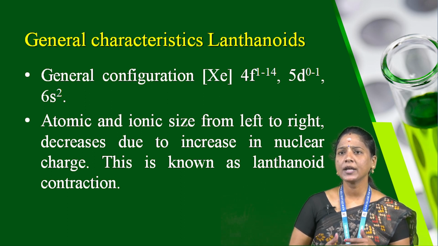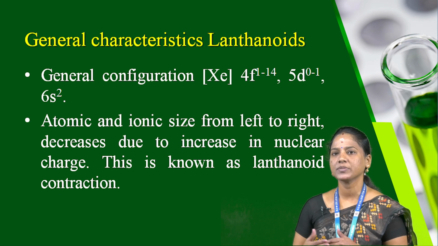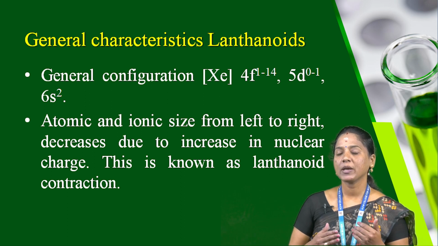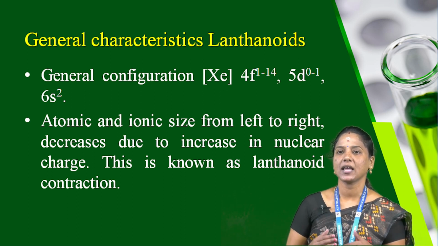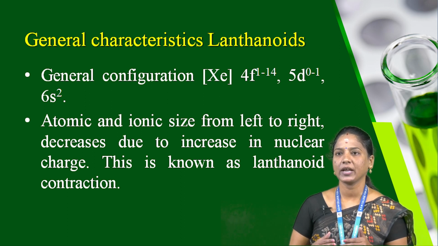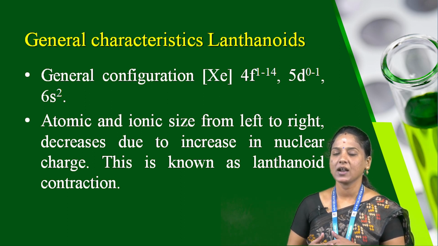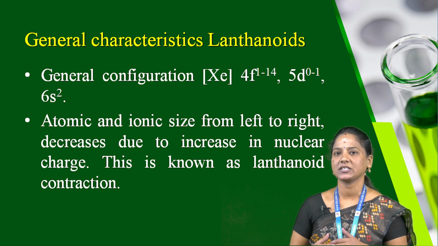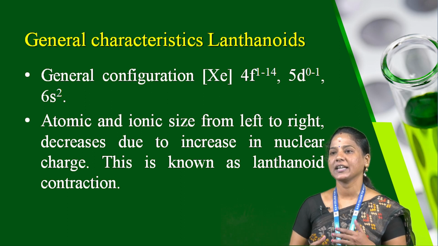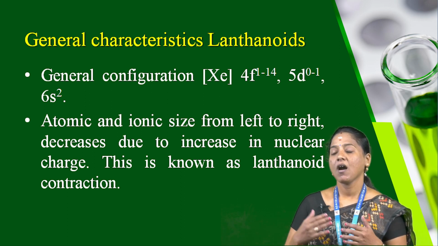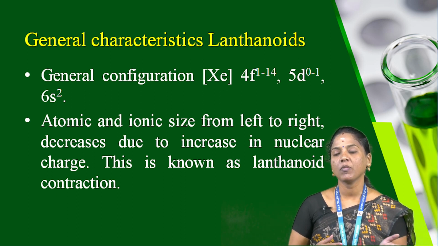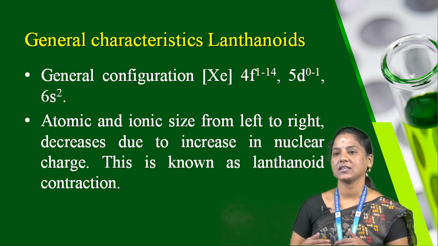Next, praseodymium, neodymium, terbium and dysprosium also exhibit the +4 state, but only in oxides. Europium is favored by losing the 6s electrons, giving an f7 configuration, which accounts for the formation of these ions. However, europium 2+ is a strong reducing agent, changing to the common +3 state. Similarly, ytterbium 2+, which has f14 configuration, is a reductant, and terbium 4+ has half-filled f orbitals and is an oxidant. Lanthanides are very reactive metals like alkaline earth metals.